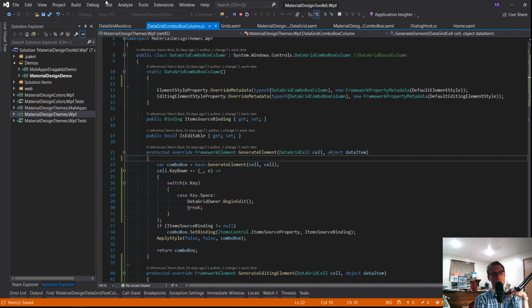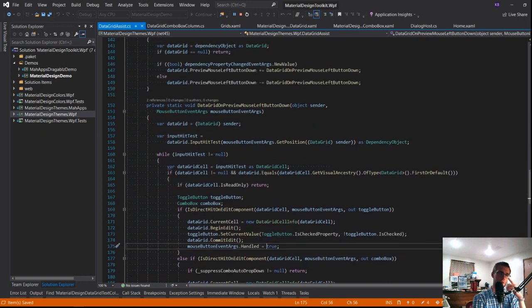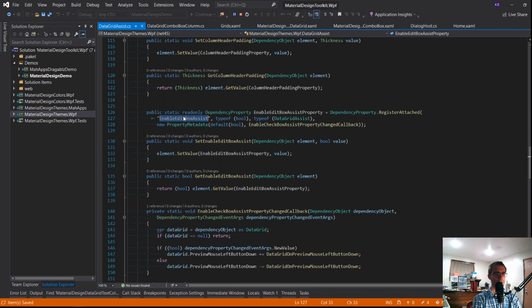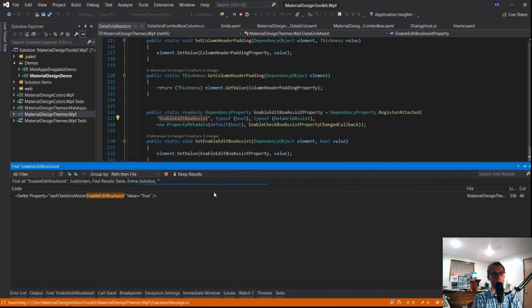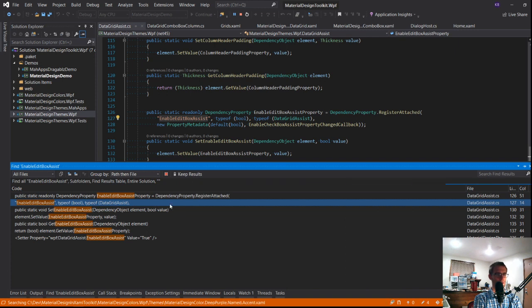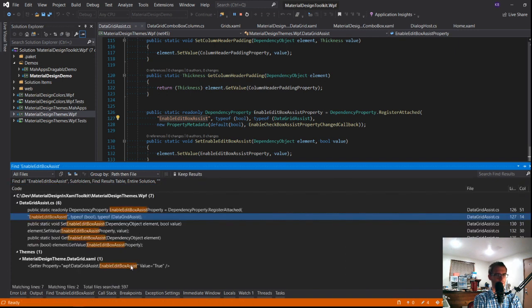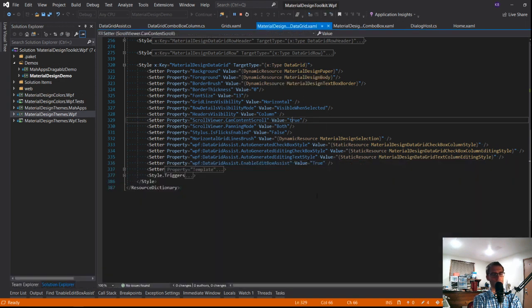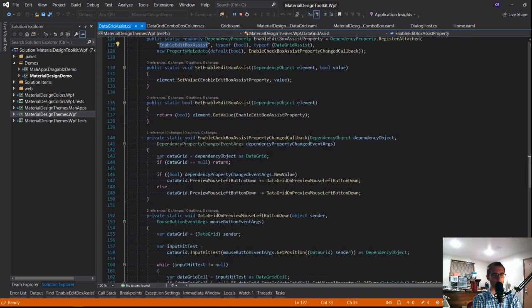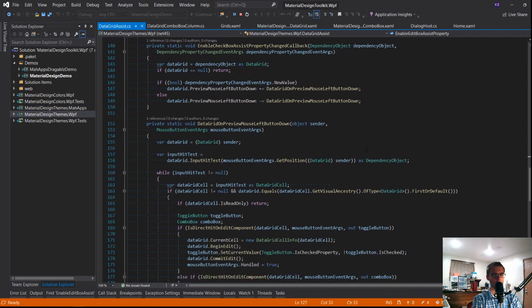We do have the Datagrid Assist class that theoretically can do this for us. Enable Edit Box Assist, which I think this must be on by default in the style. Let's see here. Enable Edit Box Assist. Yeah, so this guy's on by default. Thinking maybe that's the better place to handle it, because then we can watch it at a much higher level.